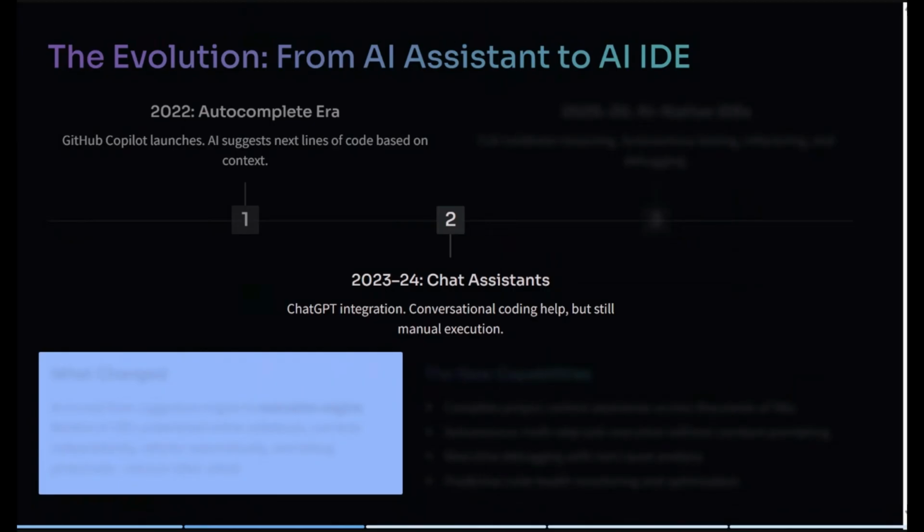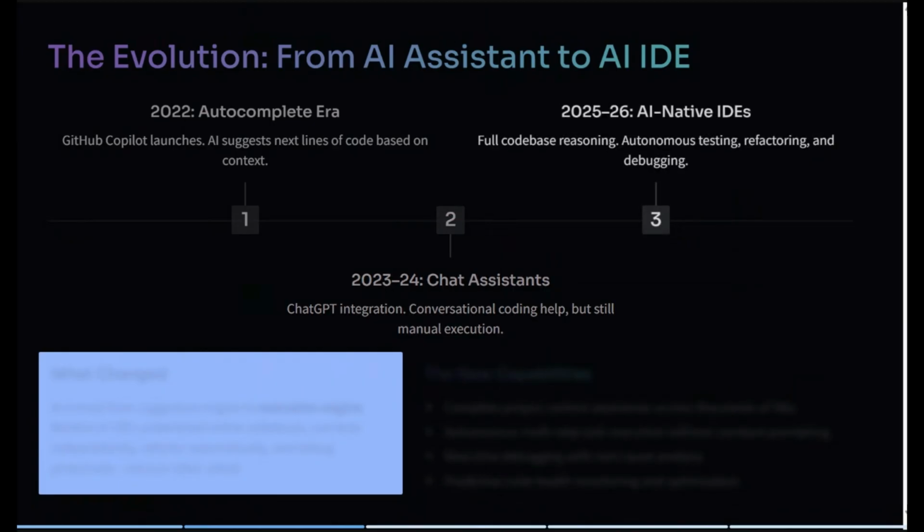Whatever code was developed, you needed to manually execute it, see the result, and as per the output or the error you were facing, you needed to debug. Or you could directly paste the output of the code to the chat assistant, and from there the assistant would suggest a few more changes.